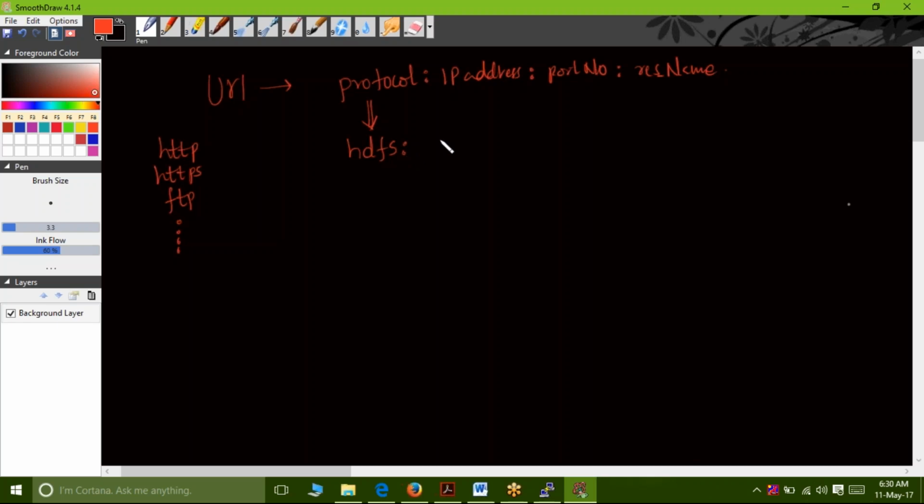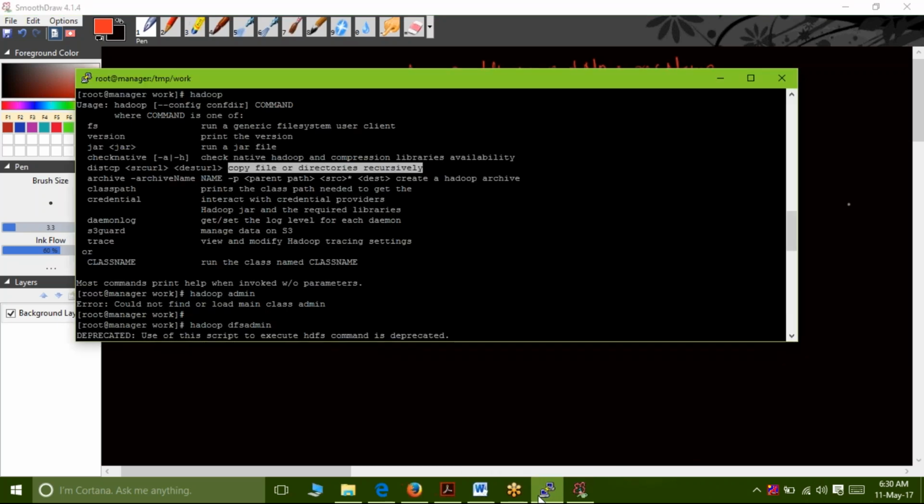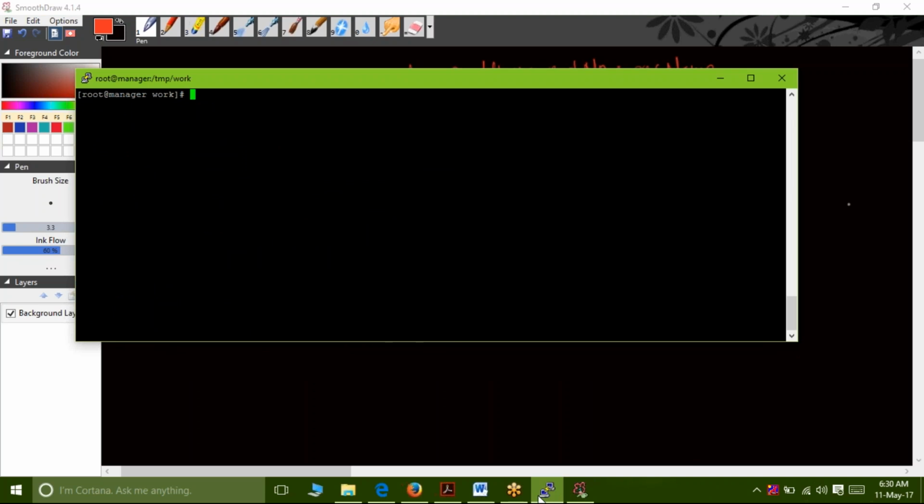That is the reason why I am asking you to specifically understand this. So here, you have the protocol called HDFS, and then you'll be seeing /opt/cloudera/parcels/lib/cdh, and then we have